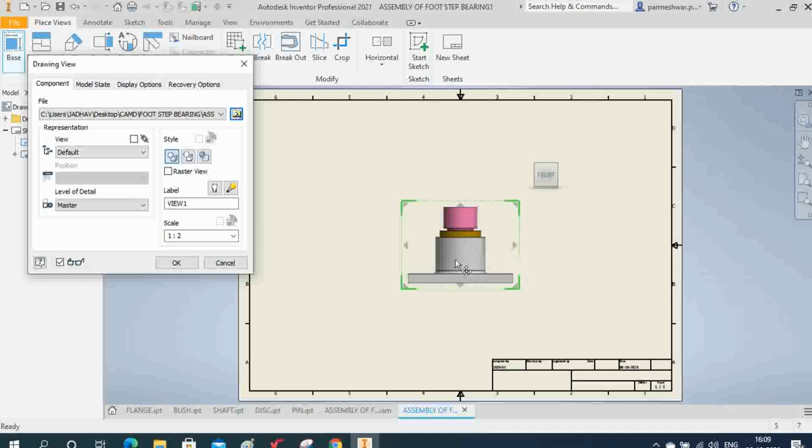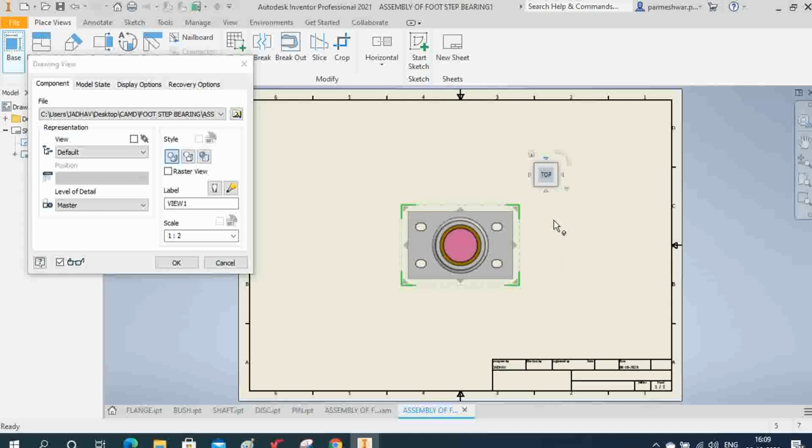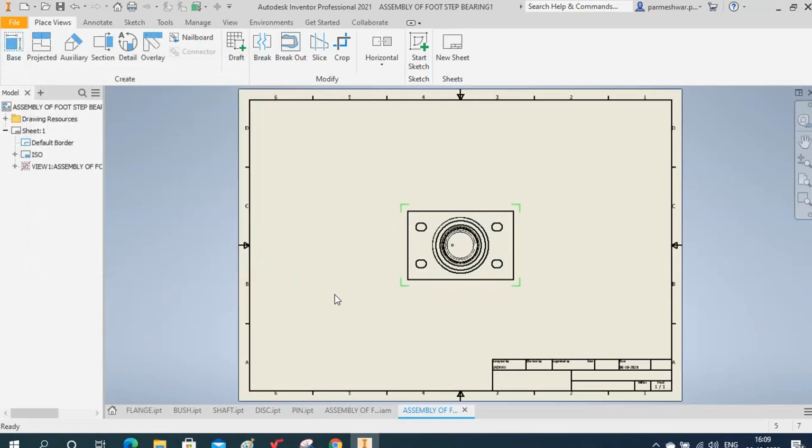So here is the front view. So I will make it top view here like this, okay, right, and I can place this here. Now I can select this raster view like here, right, and click OK, right? So this is the raster view, right? Now you can place it anywhere that you want, right?